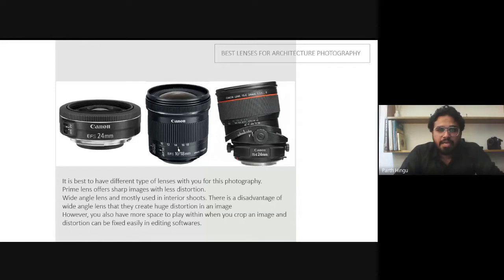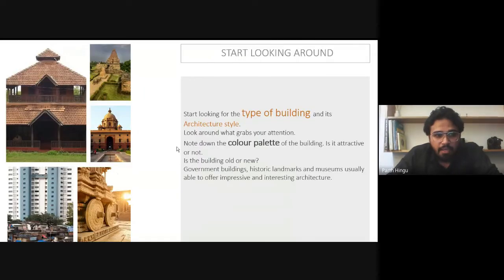To control that, people use a shift lens, but this is the basic lens and it is very cheap. So most photographers use this one, and later on they correct the distortion in Lightroom and Photoshop. You can do that.